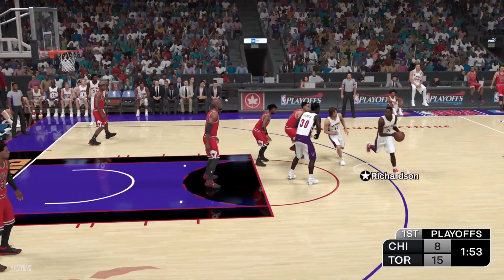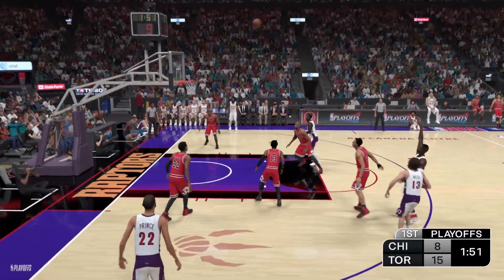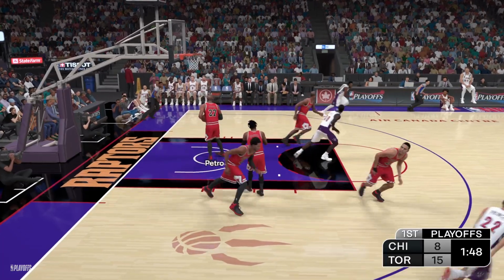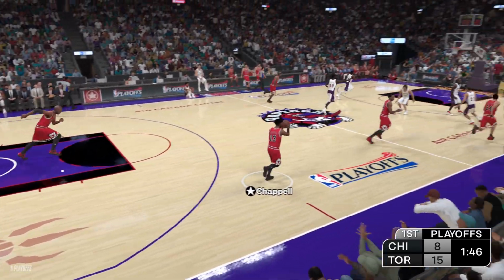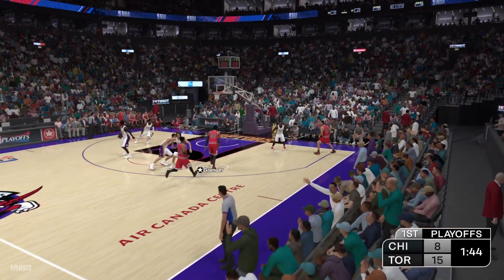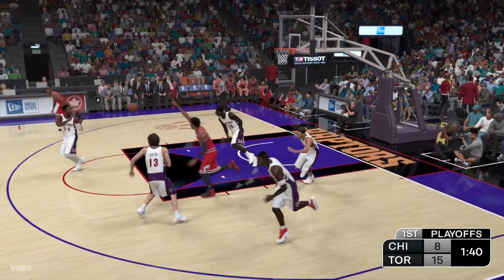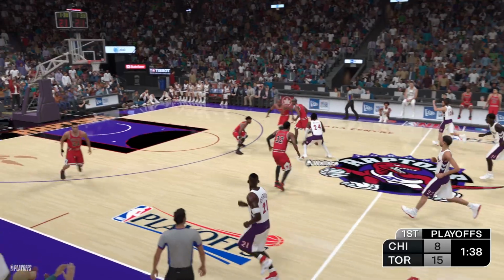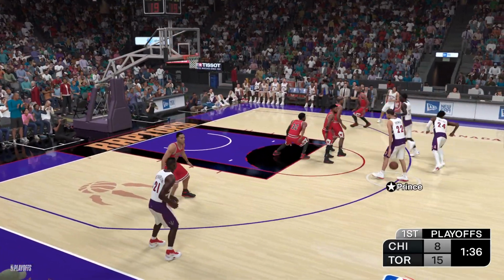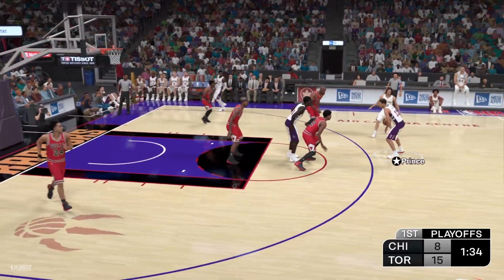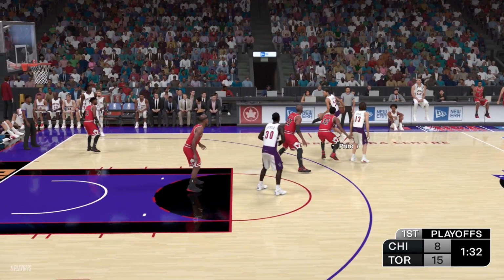Pass to Richardson. And the Raptors miss again. I guess even he has to miss one of those once in a while. Granger misses. And not allowing the shooter even an inch of breathing room on that one. And, guys, that's exactly the kind of high-impact defense they want to see out of him.